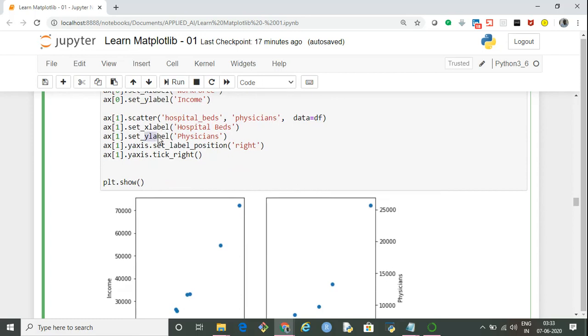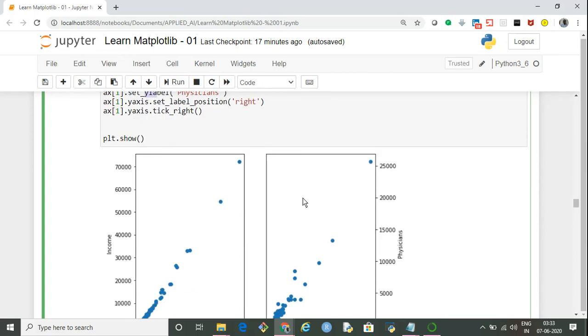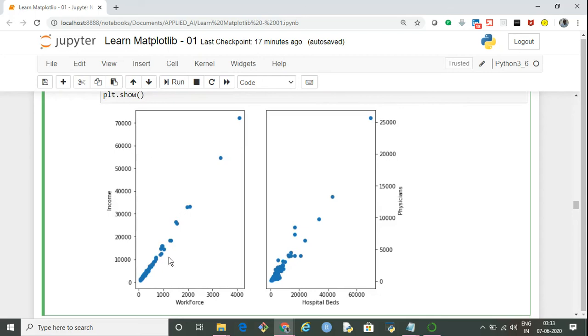Now, thing to notice: by default, on the Y-axis, you get the labels and ticks on the left side. For this particular plot, if we had printed everything on this side, then it would have overlapped with the other plot. Now we want, for the plot which appears on the right hand side, the y-axis labels and text to appear on the right hand side, so that both are easily distinguished and there is no overlap of these labels with this particular plot. So how do we set it?